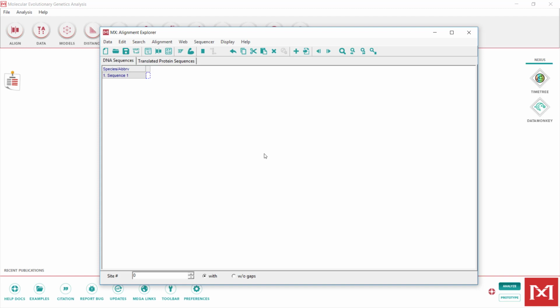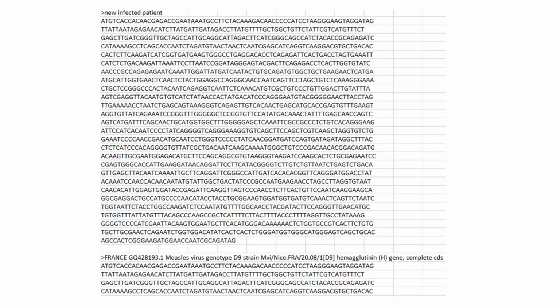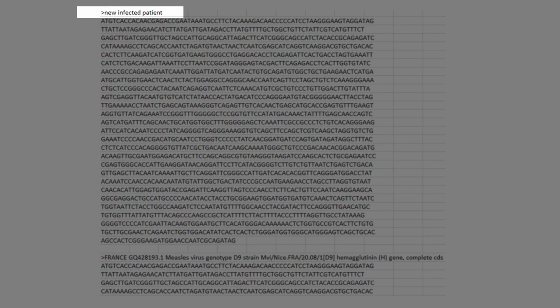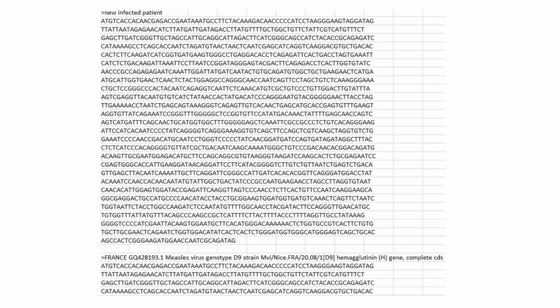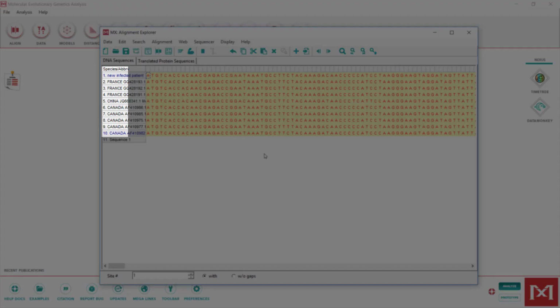Now copy and paste your sequences to the Open Alignment window. Do not forget to give informative names for each sequence, as these names will be presented at the final phylogenetic tree. So you should edit the description line at the FASTA format sequences by writing the relevant name directly after the bigger than sign. In our example, we added the country name at the beginning of each description line.